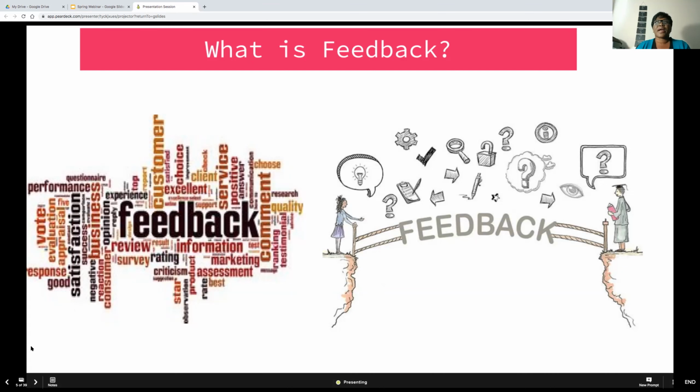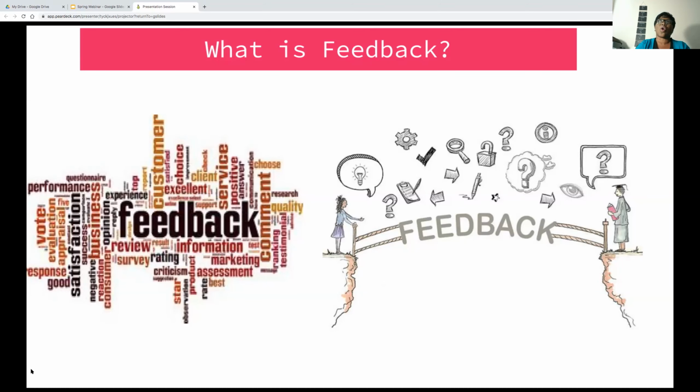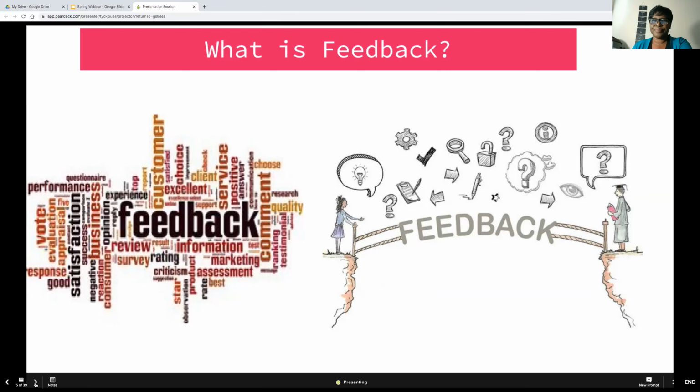So feedback should not be thought of as just one time and that's it, but you should look at it as long term. The learning journey is a whole long-term thing, where you want to gradually bring the student from one side to where you are. All right, we're moving on.